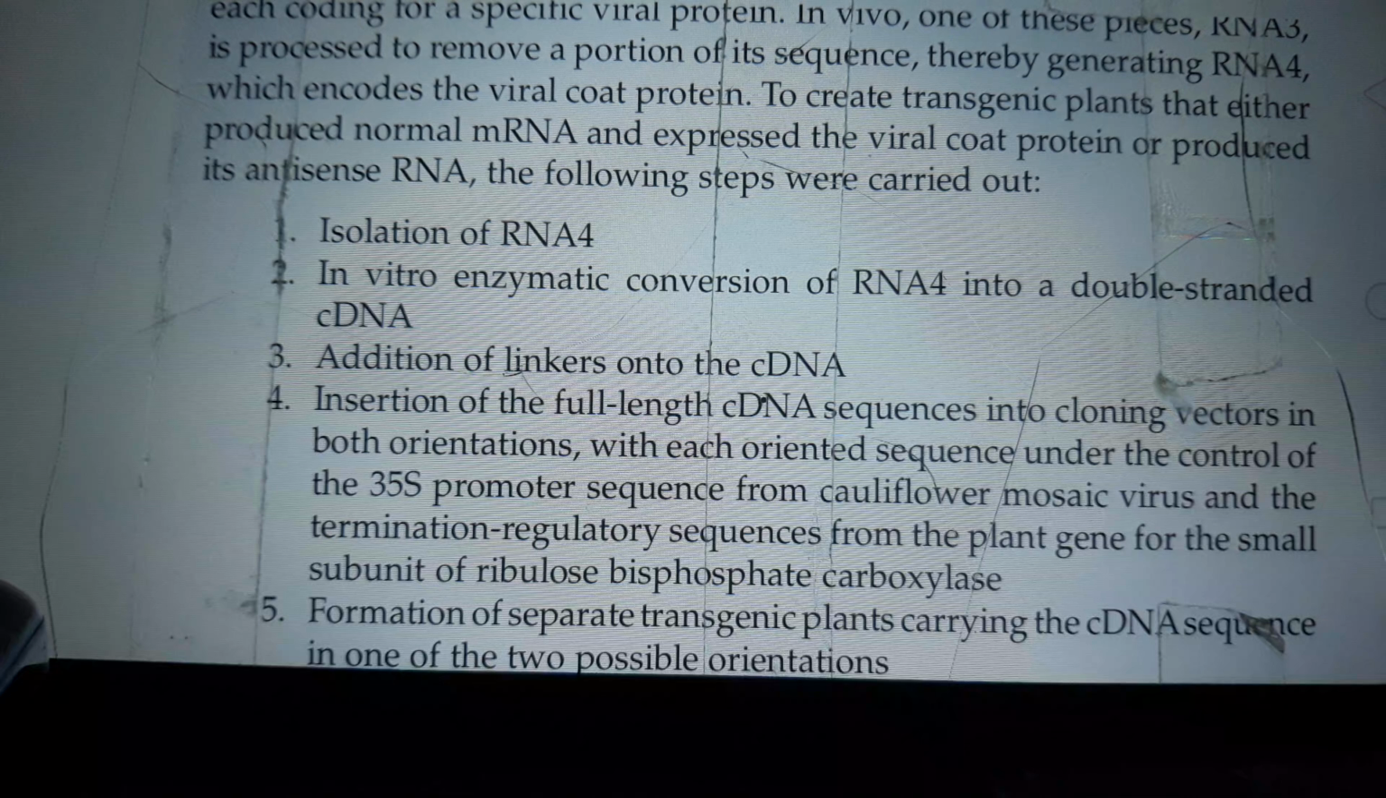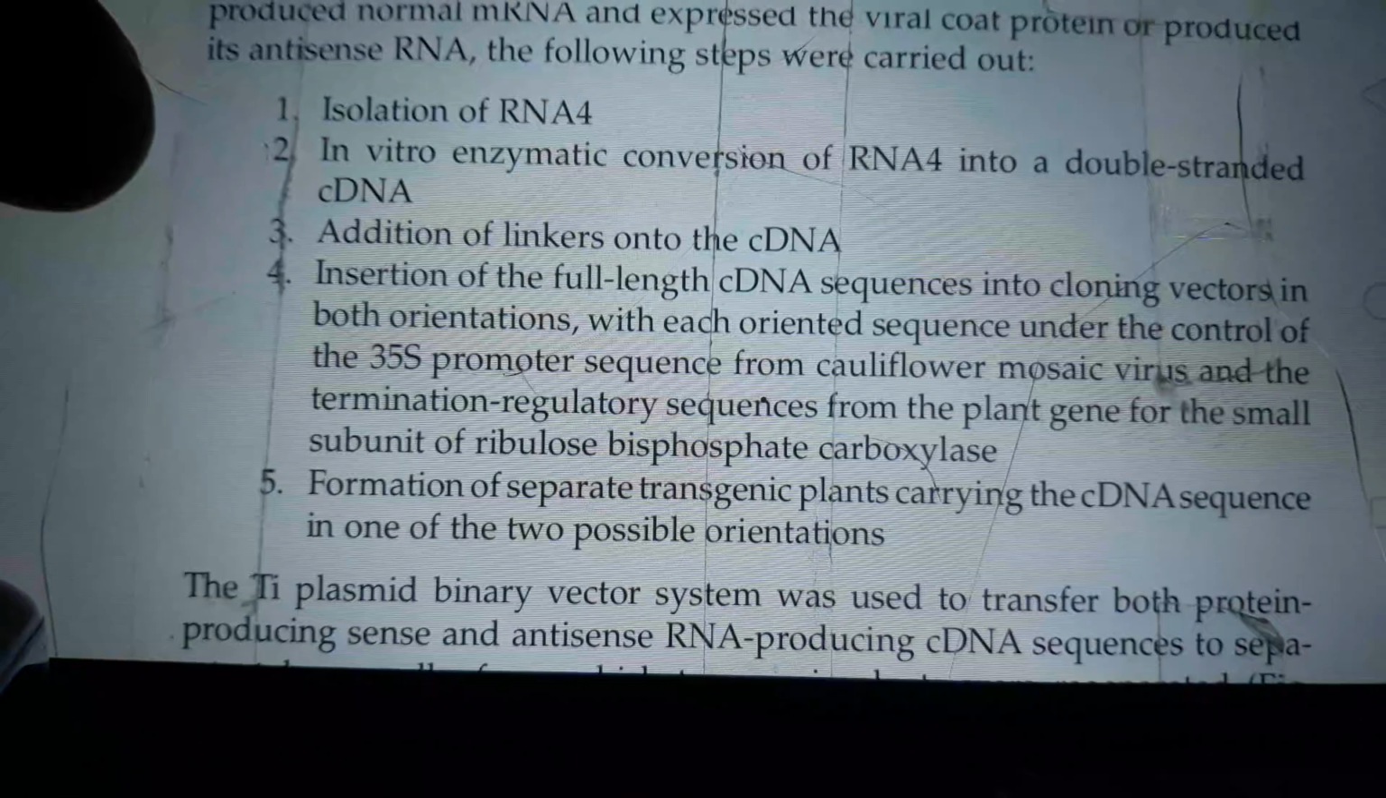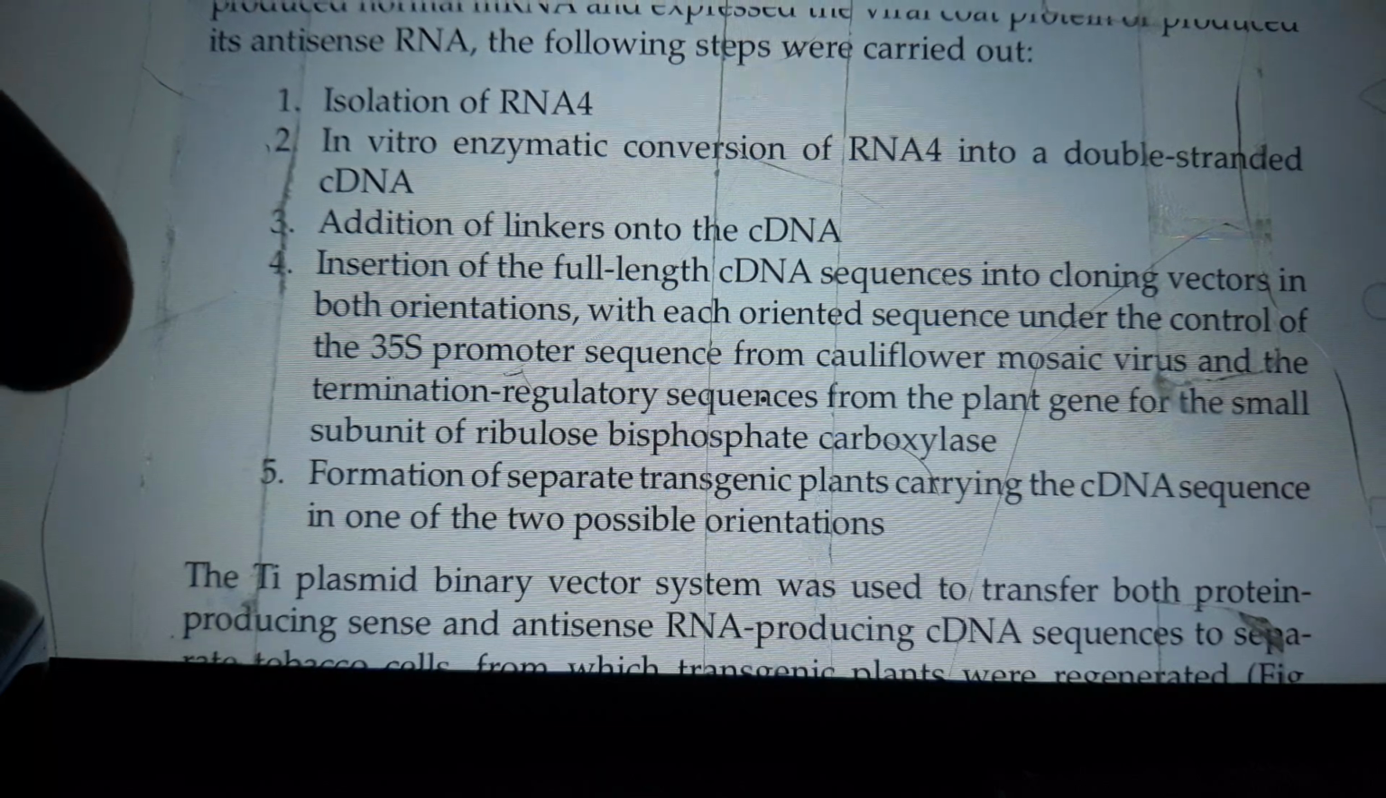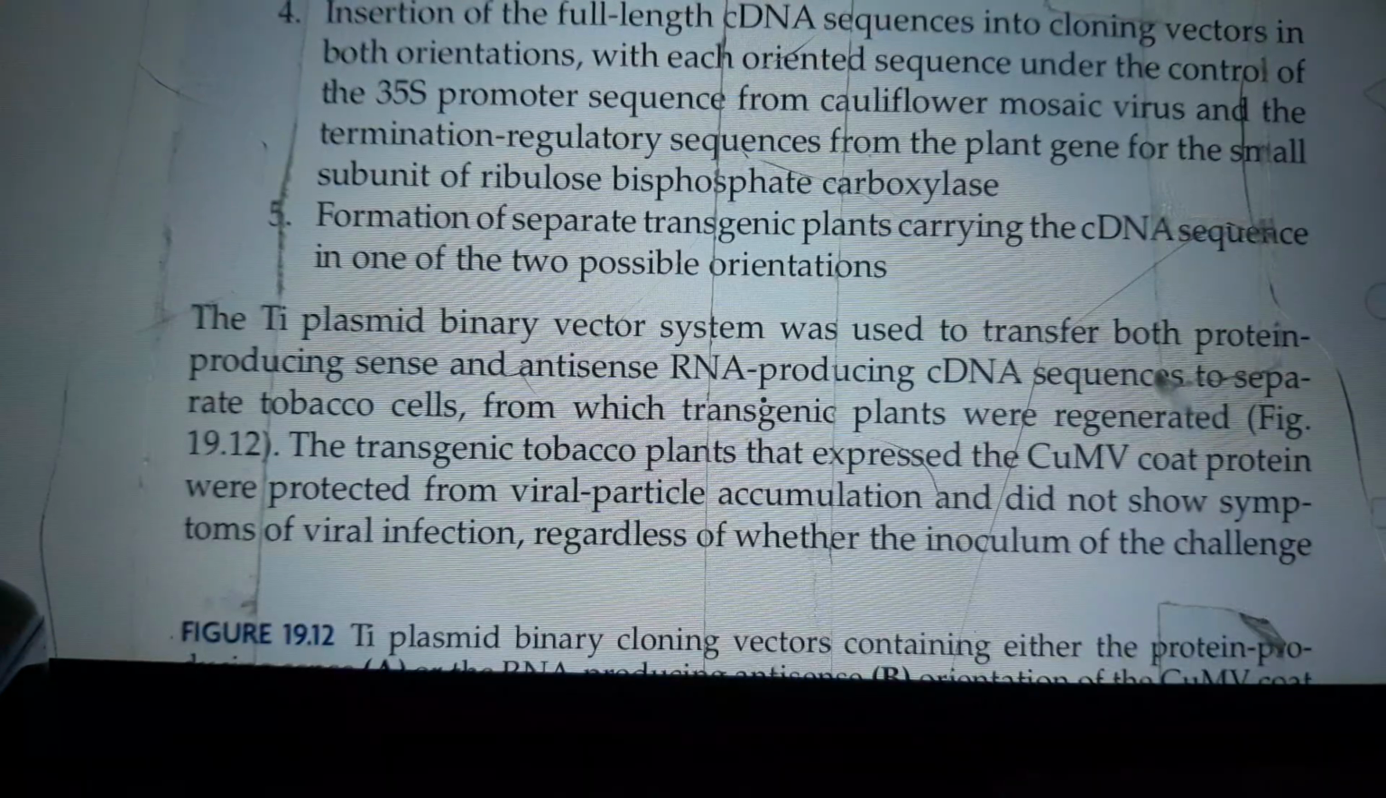To create transgenic plants that either produce normal mRNA and express the viral coat protein or produce its antisense RNA, the following steps were carried out. Isolation of RNA4, in vitro enzymatic conversion of RNA4 into a double-stranded cDNA, addition of linkers onto the DNA, insertion of the full-length cDNA sequences into cloning vectors in both orientations,